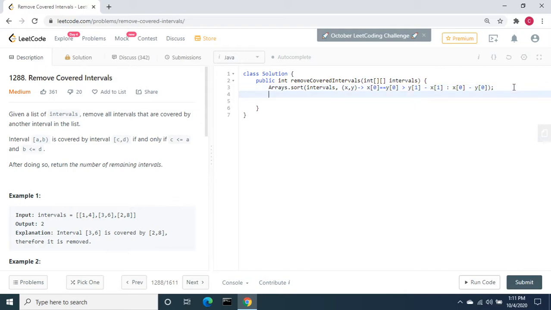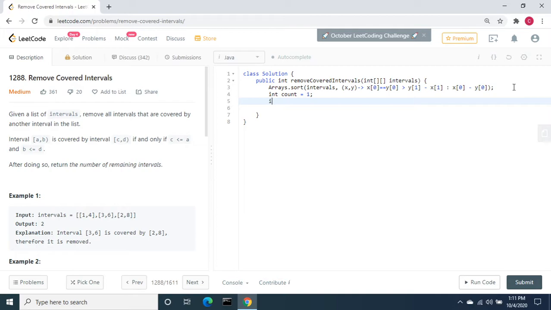Initially I am going to store the count value as 1. Even if only one interval is given, the count will be 1, so I am going to initialize it as 1. Next we need to do the for loop over the sorted array.